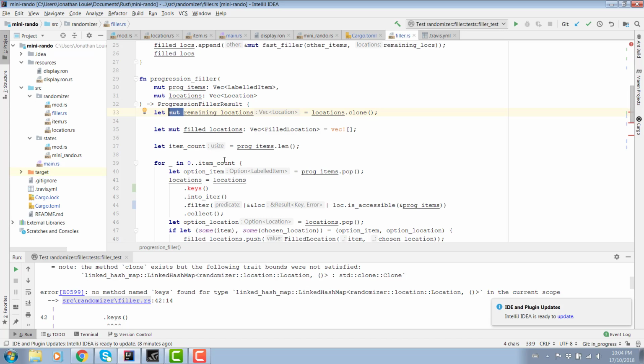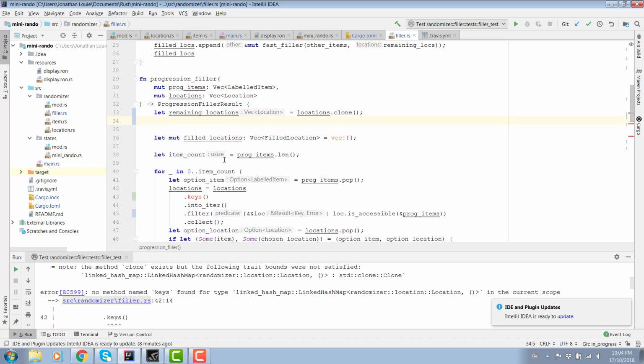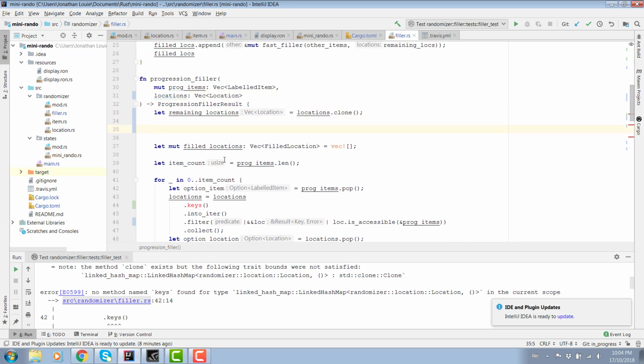Think about it, because that doesn't seem like the right thing to do. Yeah, I don't need to mutate locations if I'm going to just be copying it over anyway. Okay, that's the remaining locations. Just be remaining locations. Vector dot what? Oh wait, no. What am I doing? I need to into whatever or.